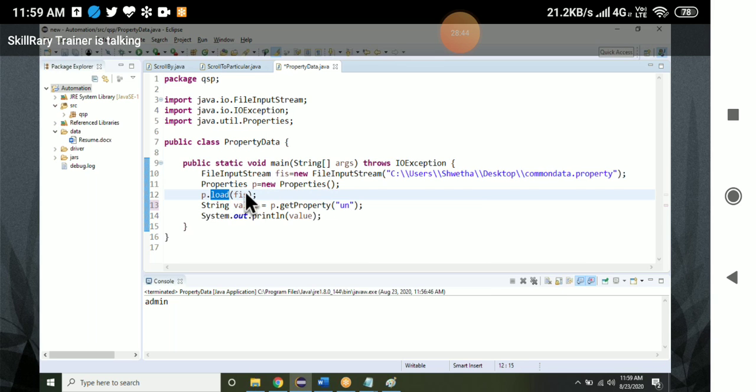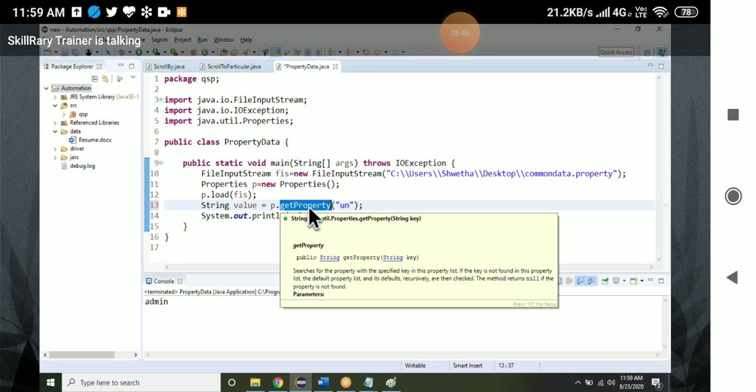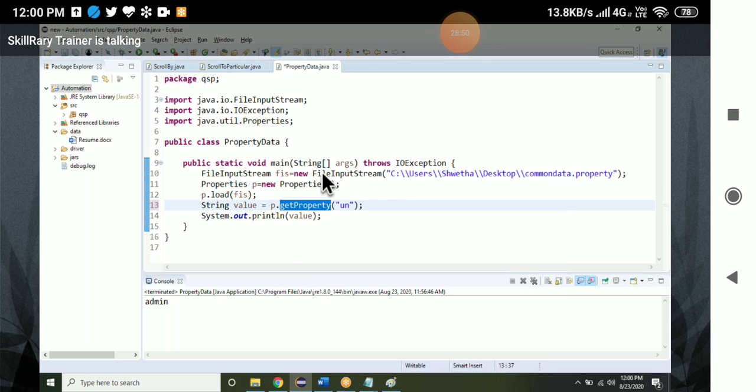So you have to load the file. Before using getProperty, it will tell you to load the file first. Which file do you have to load? This file. I cannot directly load this file.